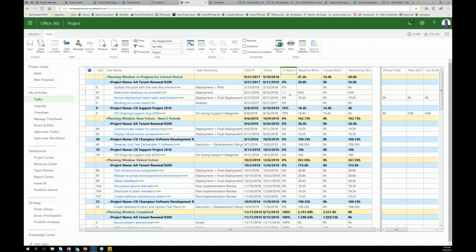You don't necessarily know whether a task is going to take 40 hours, 8 hours, 16 hours, and you want to be able to get that quantitative feedback. And this system is designed to be able to put in the actual and the remaining work. So once you put in the remaining work, then that decrements from the work, and you can start to see the differences between what you thought it was going to be in your baseline and what it actually is. So that is a process of distributing data out, getting that quantitative data back, and being able to adjust the